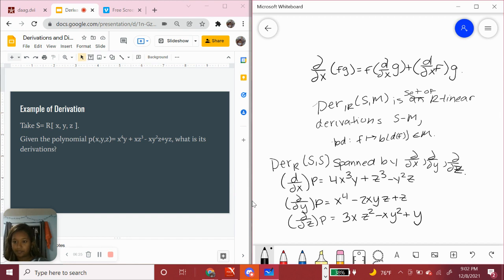Oops, z. Okay. And then just a reminder, span is the smallest linear combination in a subspace. Okay, cool. So now we're going to go to